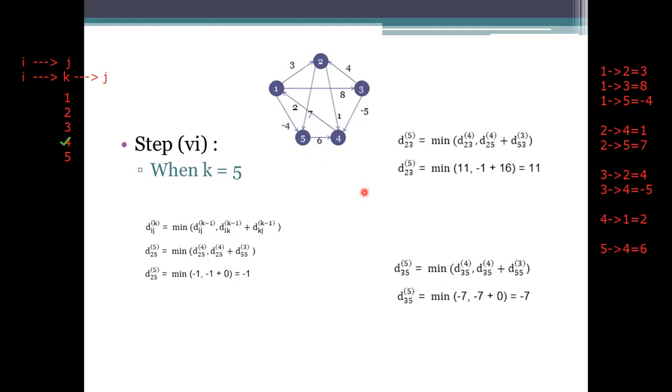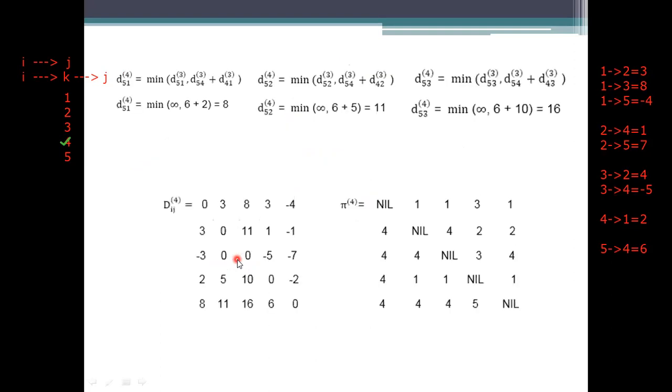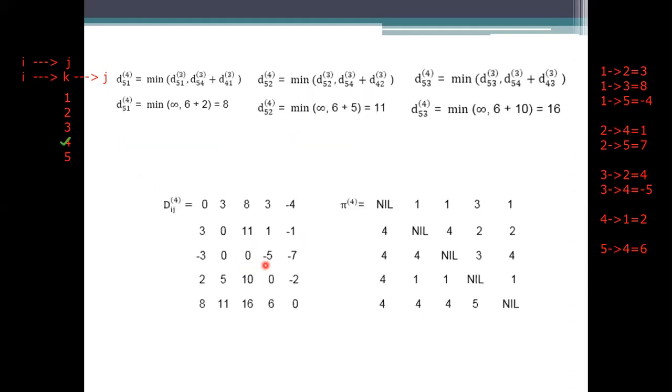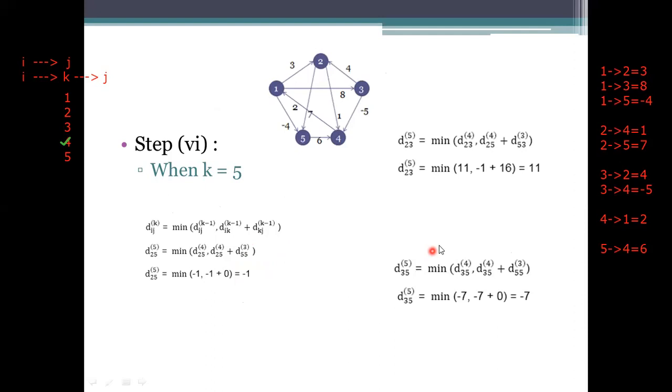2 to 5. How are we going to process this one? If for the 2 to 5 you are considering the value 7, since it is having the 2, 5 value, the 2, 5 value here is -1, which has to be specified. If you see, the updation has been done here, that is -1. So 2, 5 value is -1 and 5, 5 distance is not there. So what value are we getting? -1. We need to update the value. We need to see whether to update the value with the other one or not. If there is a chance of updating, we will update, but if the new one and the old one are the same values, they need not update the values.